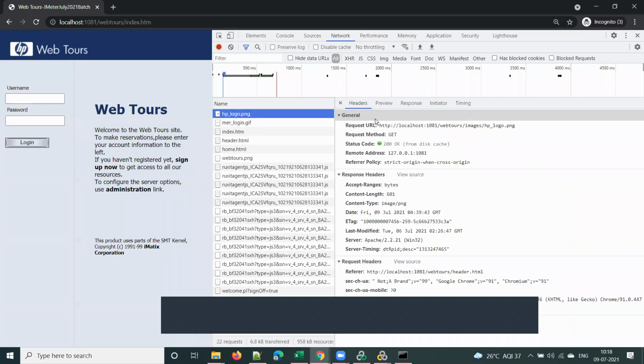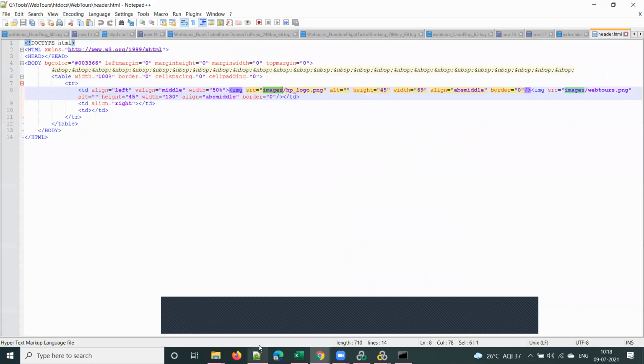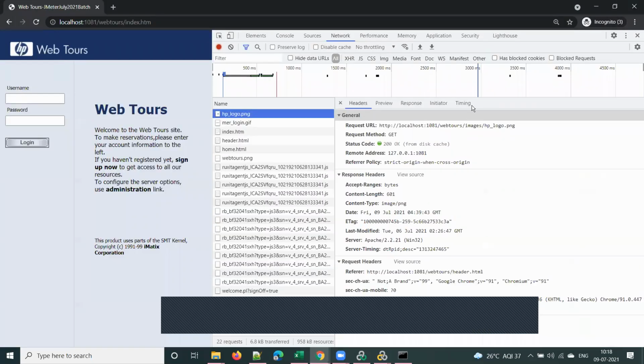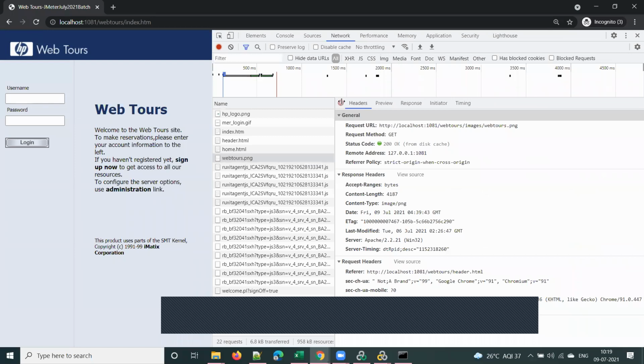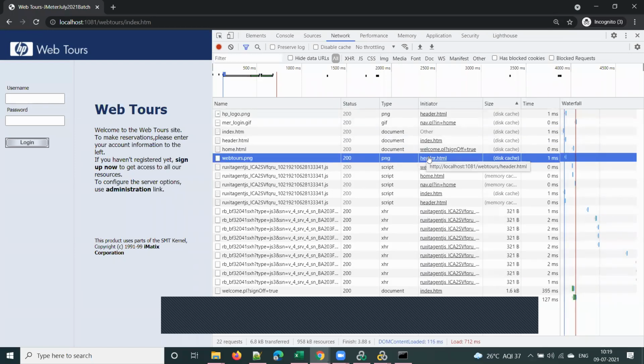See, HP logo.png, from where is it called? It is called from header.html, right? One more image is called from header.html. What is that? Webtours.png, this one. If you see this also, the initiator for this image is header.html, right?